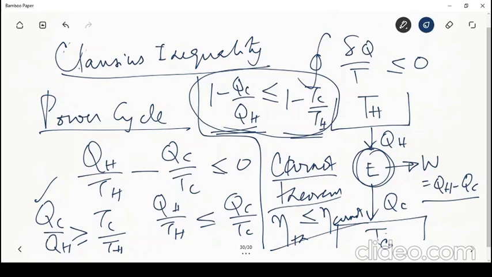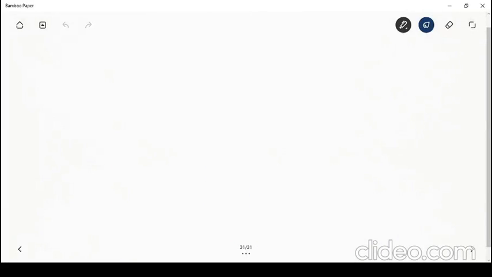So this is one of the concepts that we had studied in undergraduate thermodynamics, and we can actually obtain it from the mathematical statement of the second law of thermodynamics, which we derived from the Clausius statement. So in one way, it establishes the equivalence of the Clausius formulation with the classical formulation that we have studied earlier. Taking the same expression further, we said QC by QH is going to be greater than or equal to